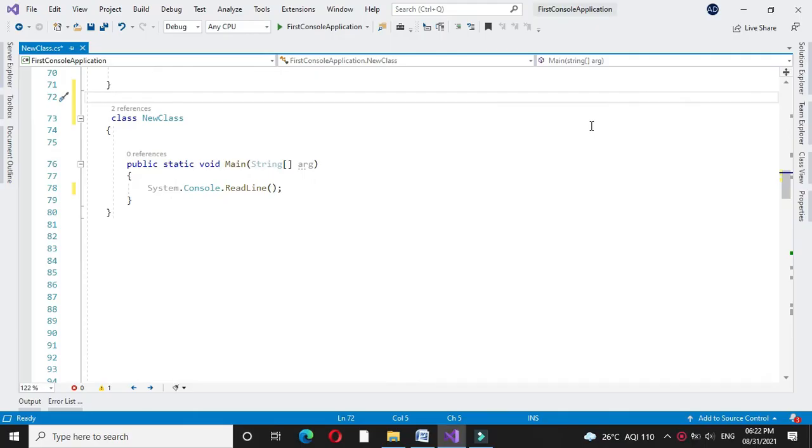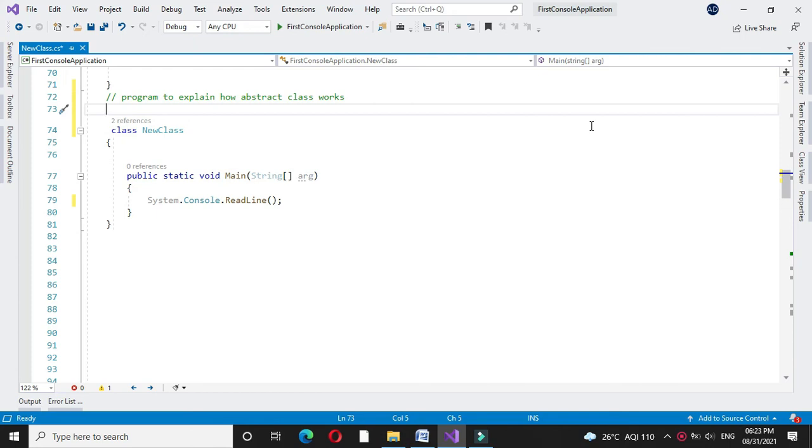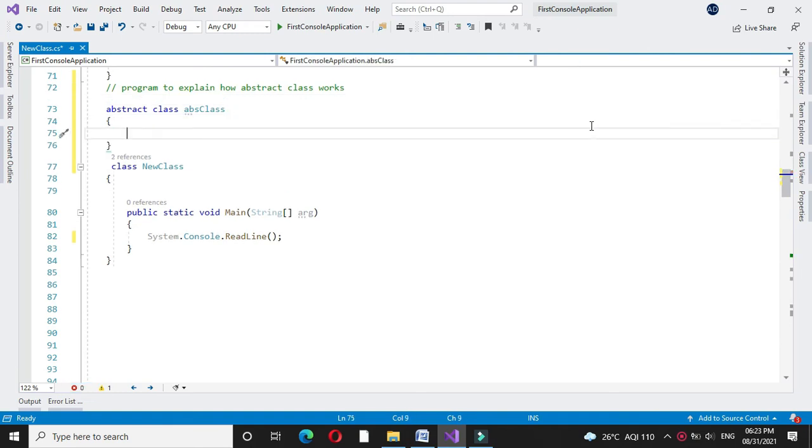Here we will write a program to explain how abstract class works. For this, first we will define abstract class, and in this abstract class we will define abstract method.